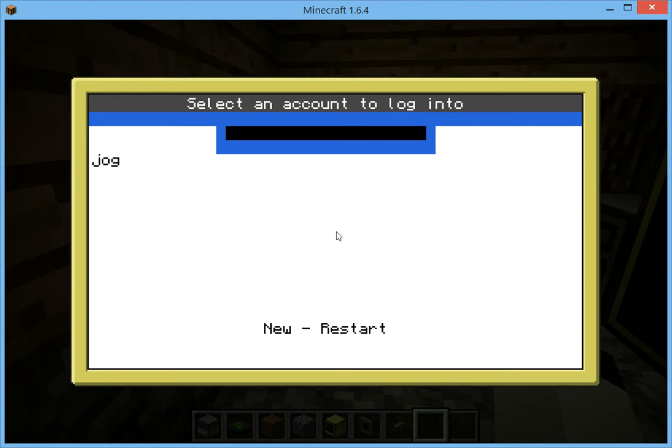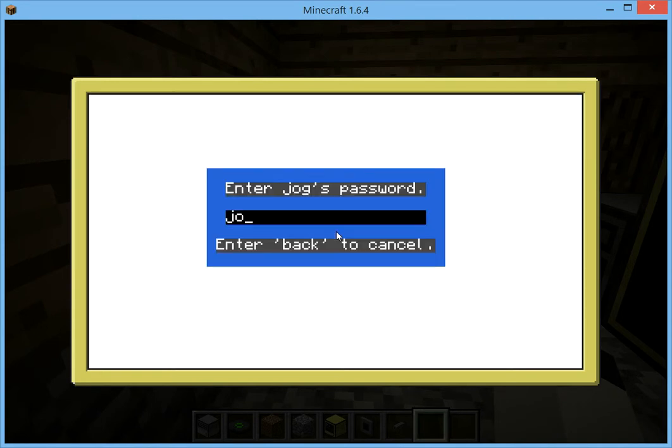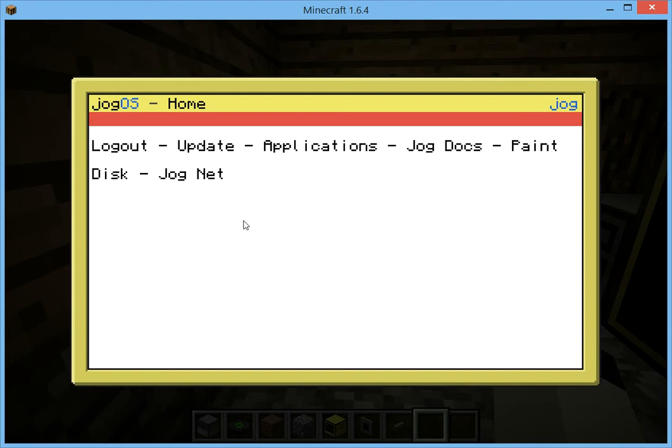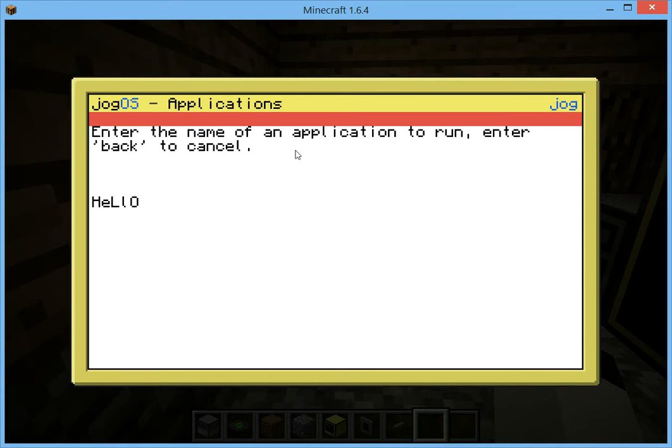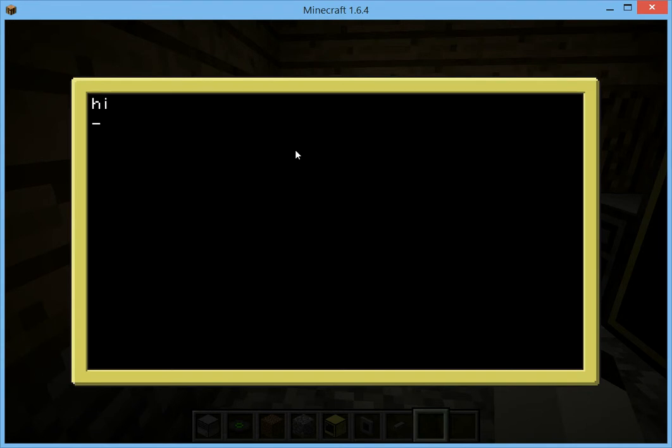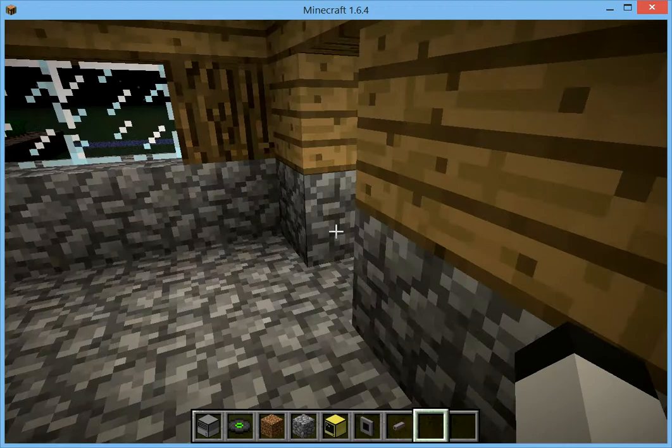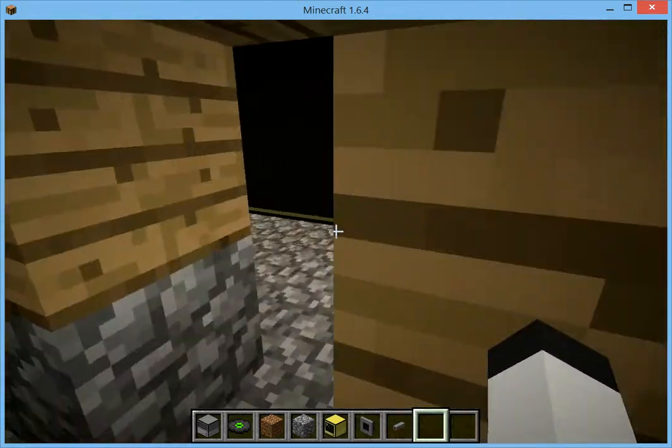If we log in, this is the computer I used to actually develop it all and test things. Well, the big major thing I got working was applications. It actually works. There you go. And the way that works is